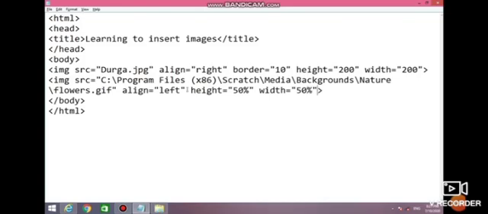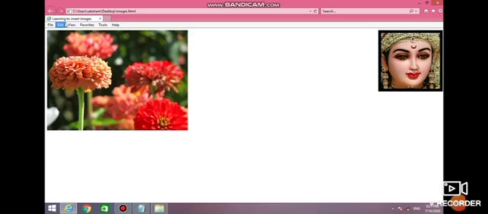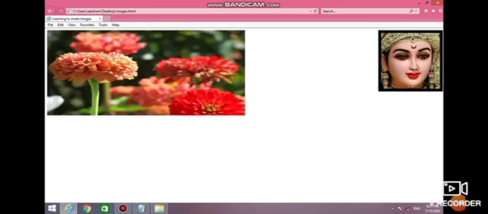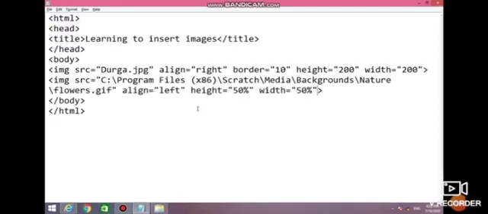Height specifies the height of the image and width specifies the width of the image. Yes, you can see the image height and width we have changed.